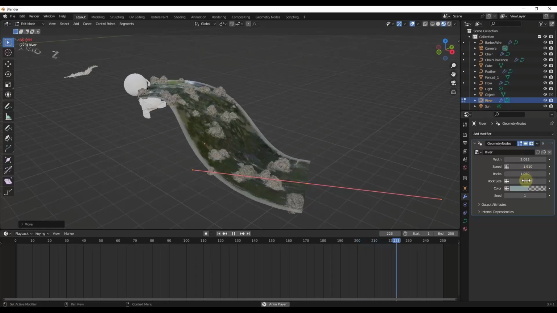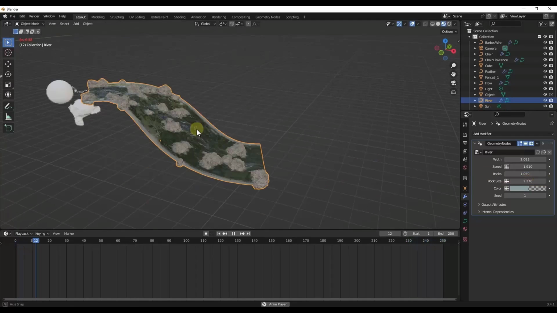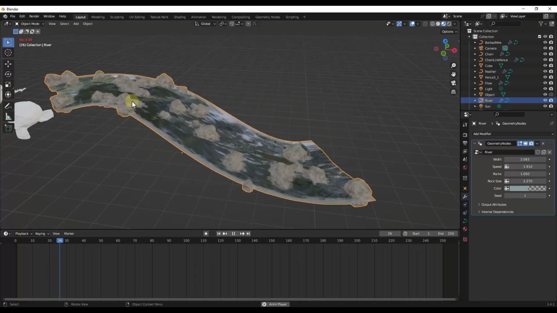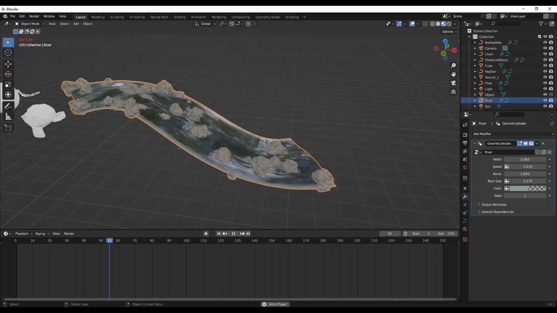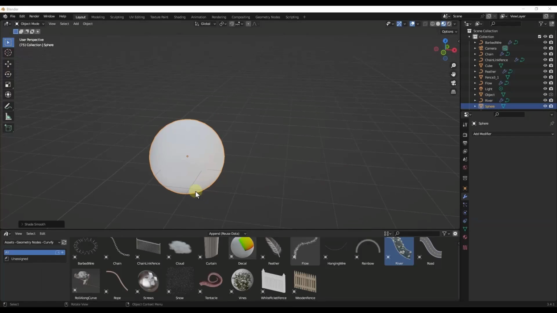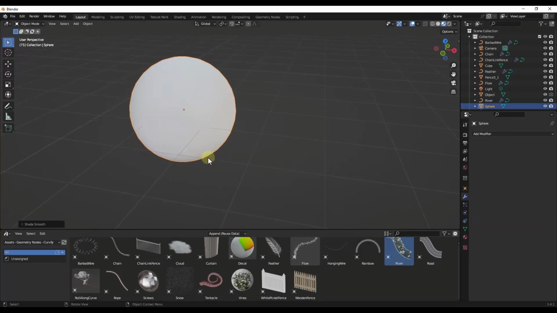So just a really interesting application of geometry nodes. I've actually seen one like this before, but this one seems to be working great, and it's just a great way to create that moving water animation inside of Blender. So another application that we've got in here that I've never actually seen with geometry nodes before is the ability